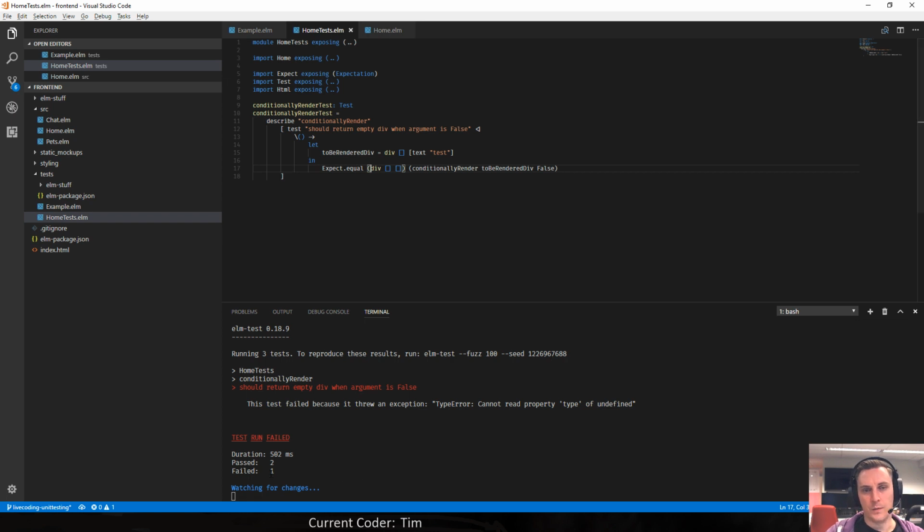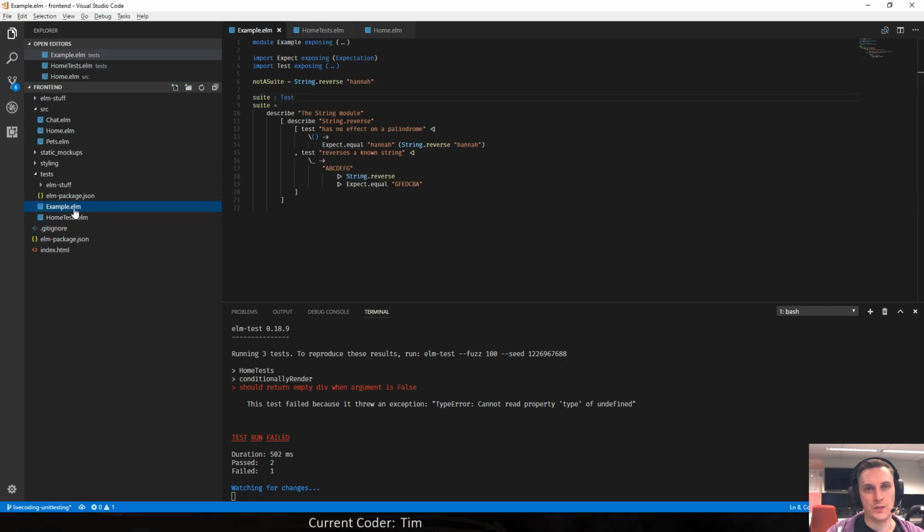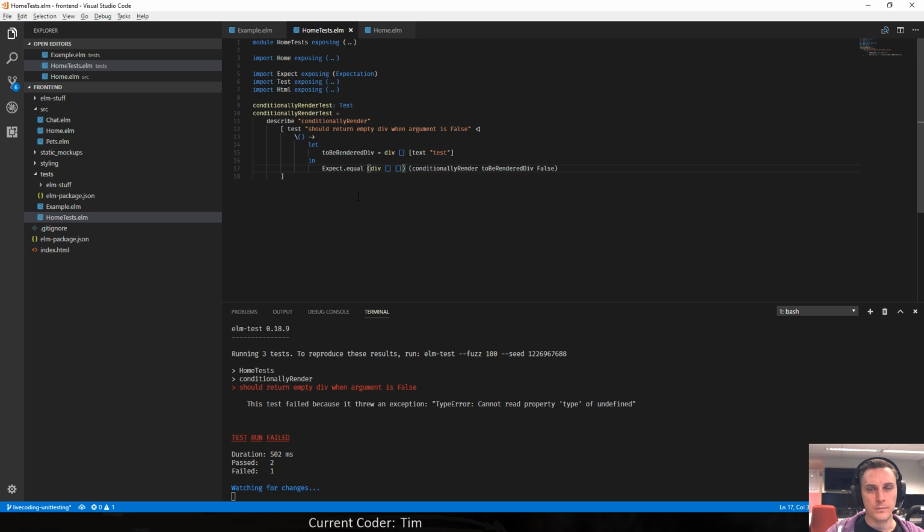It also says that, well, pass2 failed 1. So it did also take into account this example as a test method. See if there's just something wrong with importing stuff.